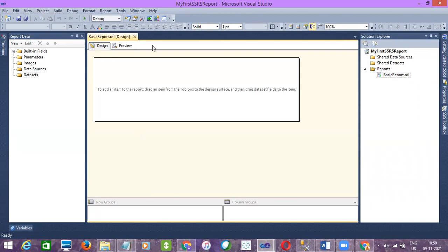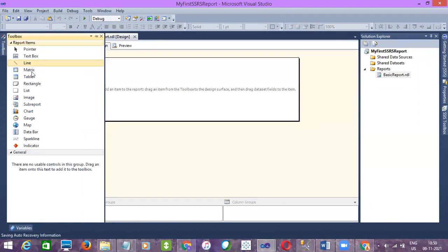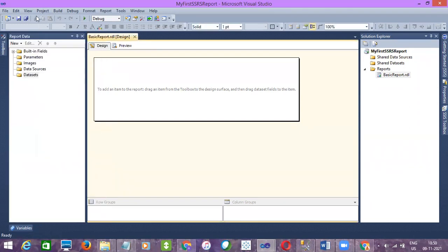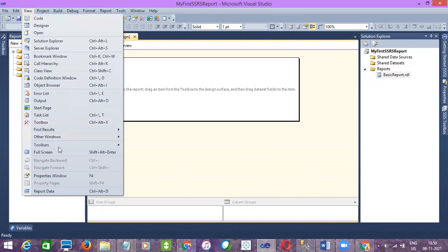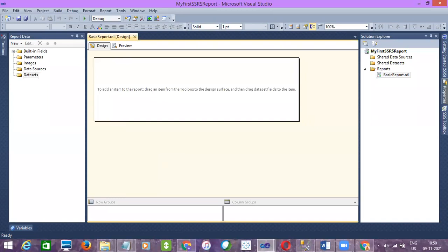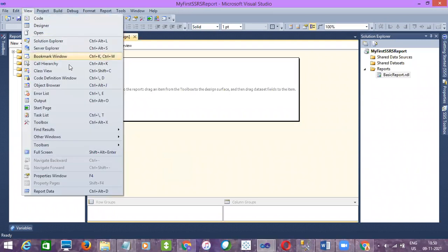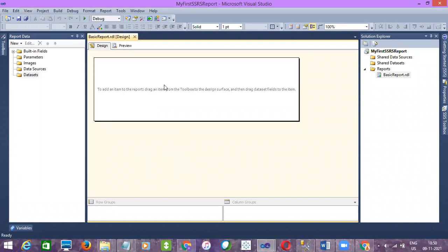And also you need the toolbox also. So can you see anywhere toolbox here? There is a toolbox, and if it is not visible, you can just go to view and then add the toolbox. Okay, same with the properties window also. Check all these windows are enabled or not. If not, go to view and then enable it. Okay, now coming back to data source, data set, and then shared data source and then shared data set.